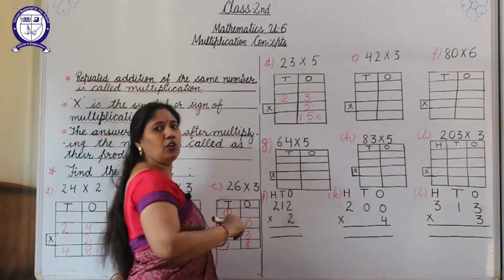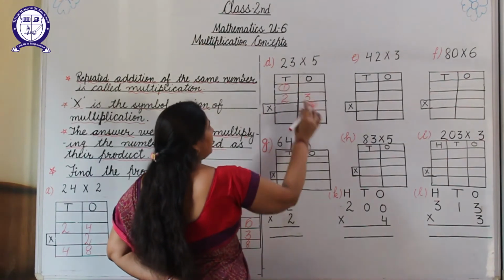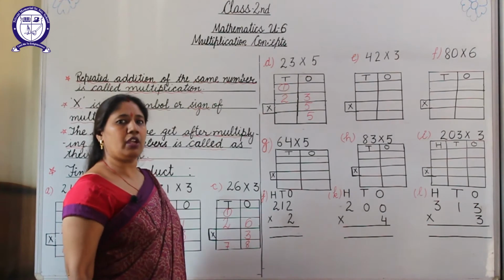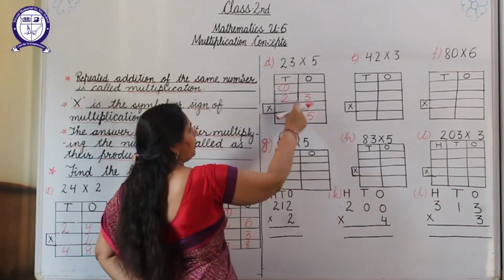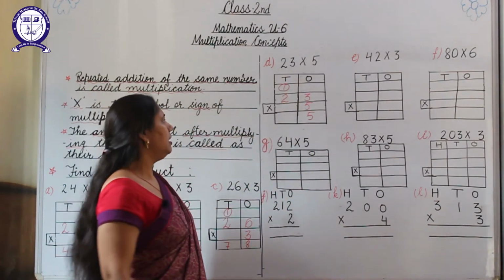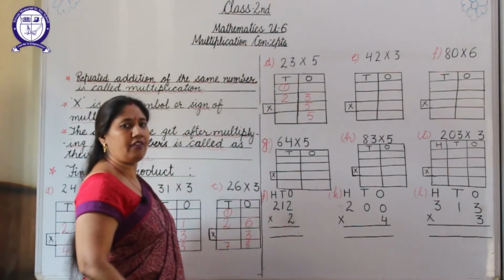No, that is wrong. We have to carry 1 on the tens place. That is right. Okay, this is the right method. 5 threes are 15. Write 5 and carry 1 on the tens digit. Now we have to multiply by the tens digit, which is already given in our question.